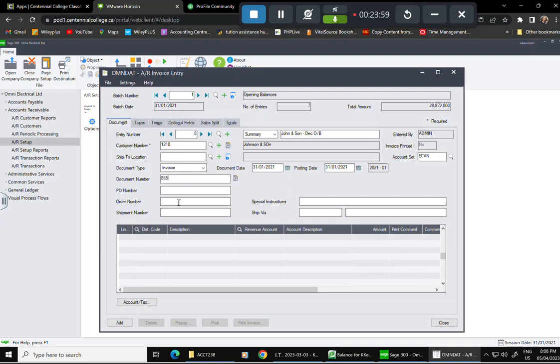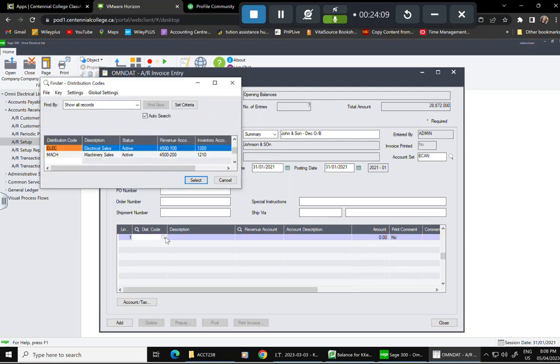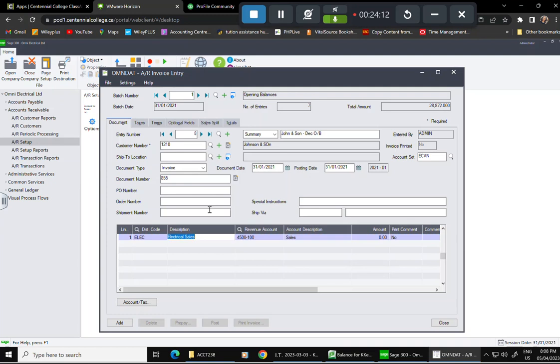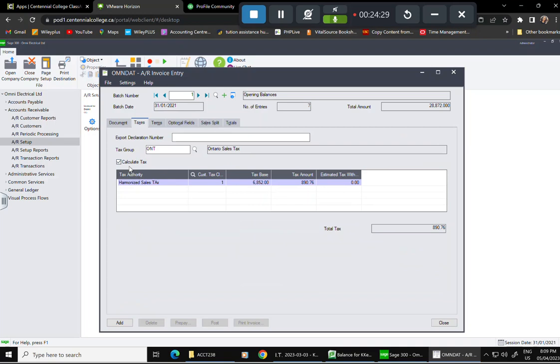And then here your document number will be 855. I'm sorry, I got the cold, and it seems like it. I can hardly talk. So we're going to go to which distribution code we're charging it to, electric, and tab it over to go to your amount, and under the amount you're going to put the invoice amount. In this case it is 6852. And I'm going to tab it to the tax. I'm going to take the calculate button out, and then once we do that, I take this 0, click on the distribute button,